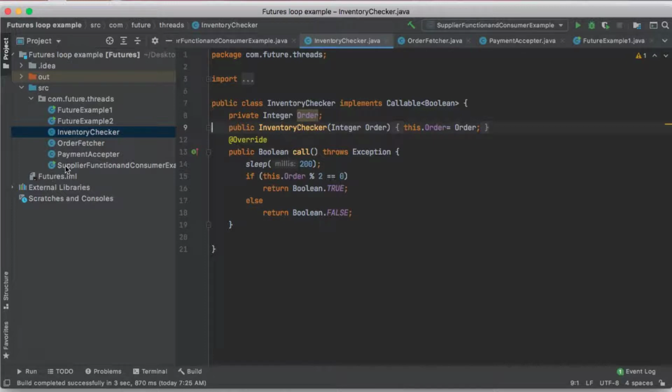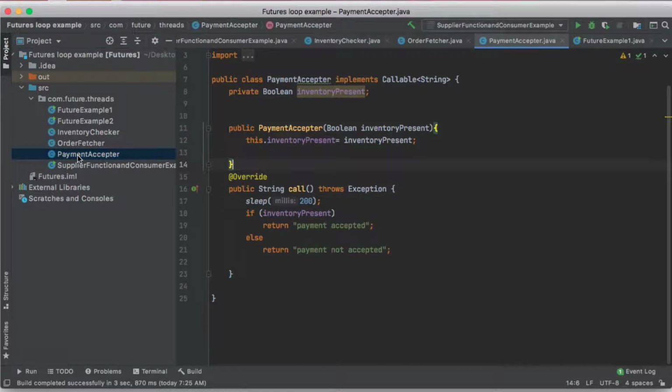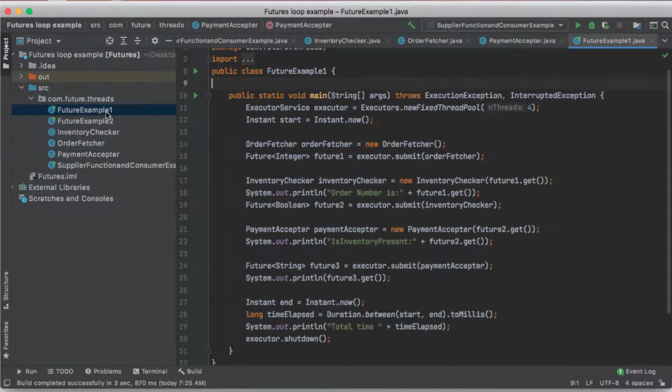here too. And finally, we have the payment acceptor that accepts payment for orders in which we have verified that we indeed have inventory to ship. Otherwise, it doesn't accept payment, and there is a sleep time of 200 millis here as well. Now, notice that these tasks are inherently sequential, like I said. They have to be done one after another. The result of the first task becomes the input to the second, and as such determines the outcome of the second task. And finally we have main.